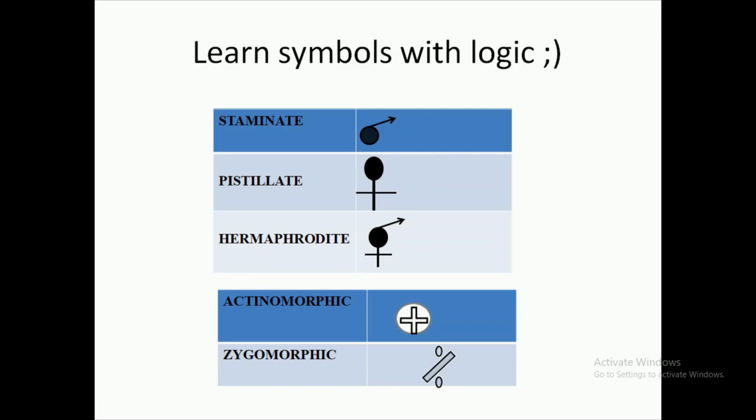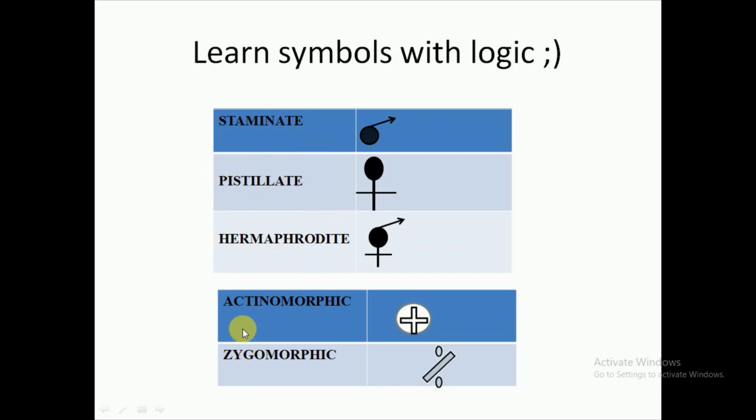Next we'll talk about the hermaphrodite condition, also known as bisexual. Here we are combining the two symbols for both male and female, and the combination of the two gives the hermaphrodite symbol. One more way to remember this is that the initial three letters are HER, for her, and HE for he. This is another way by which we can remember that the paternal and maternal symbols combined together are known as hermaphrodite.